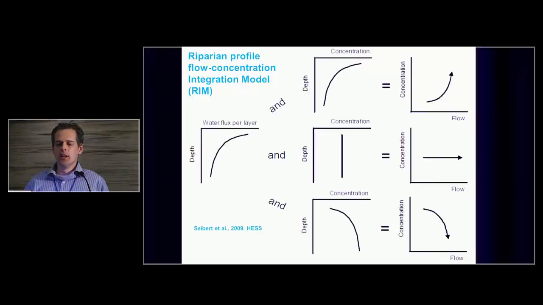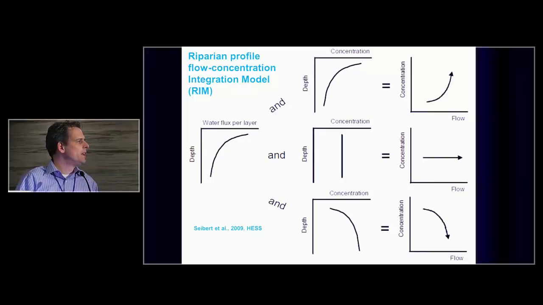He's calling that the REM approach, the repair and profile flow concentration integration model. So you have to have a picture of how much water each layer in the groundwater or its flow route is contributing to the surface water, and then you can combine that with a concentration depth profile. Then you can actually